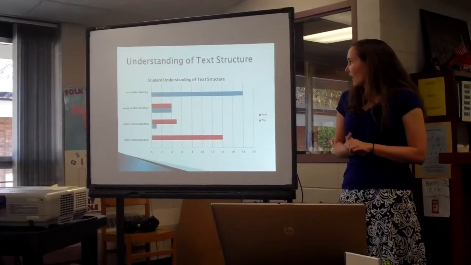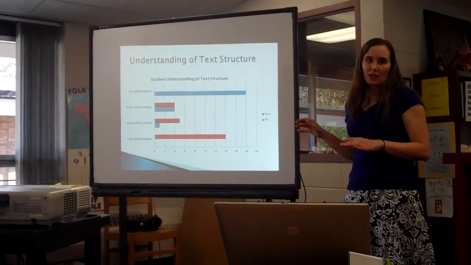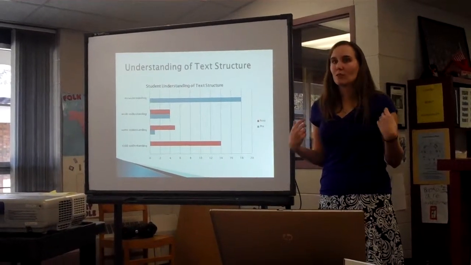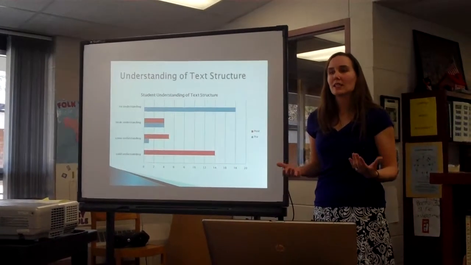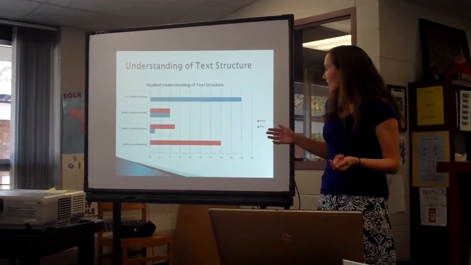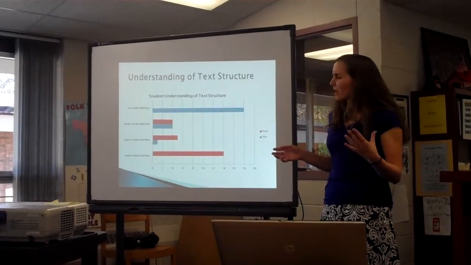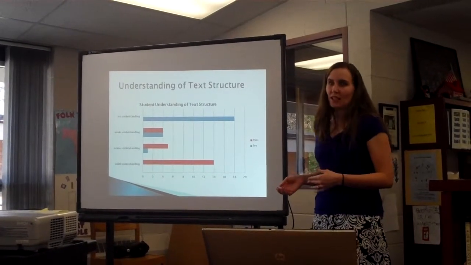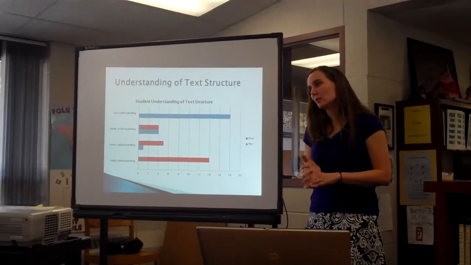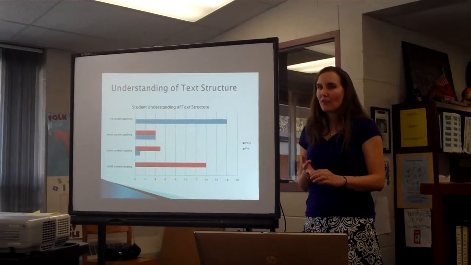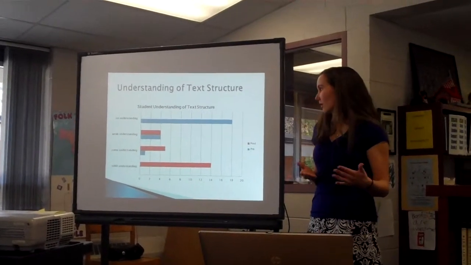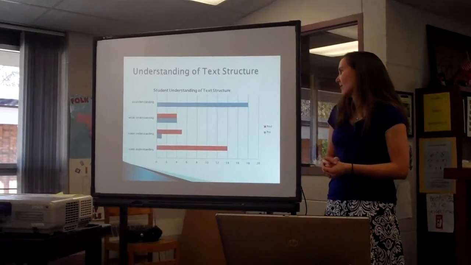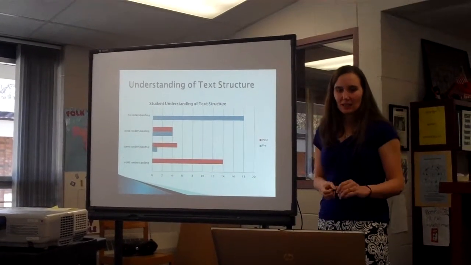In my post-survey, all students had at least a weak understanding. When I say weak understanding, they could tell me text structure is the way we organize text, but they couldn't go into detail. Some understanding, they could give you some details, kind of list the structures, and then a solid understanding. So they could list the structures, tell you why they're important, tell you how they use those structures to get information from text. So by the end, I had 14 students who had a very strong understanding.